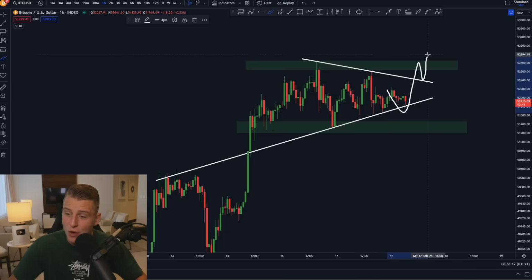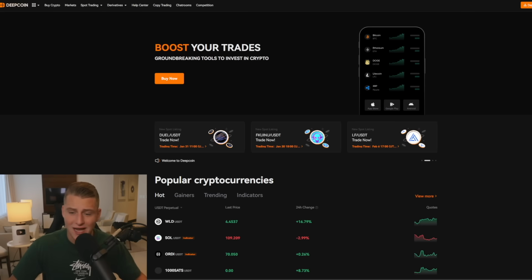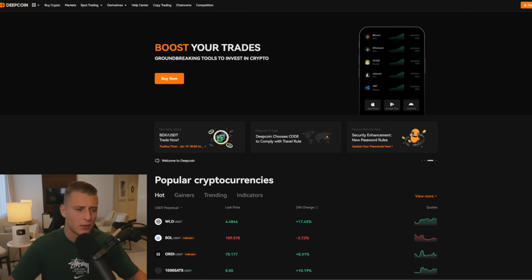But if we break out, break above the range high, and then see that continuation, then I think it's a valid move, and we will most likely continue to move even further on towards the upside. So yes, I am looking to be trading this move as well here,